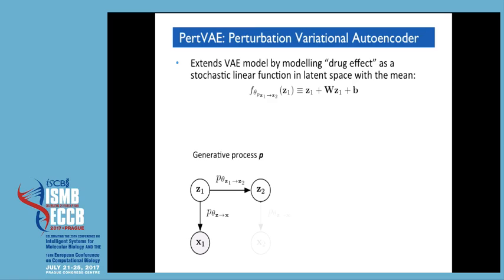A trick that worked well for us is to initialize this function in a form where it starts as identity, and then only during training it starts diverging from the identity. So at first our drug effect function is just not doing anything, and